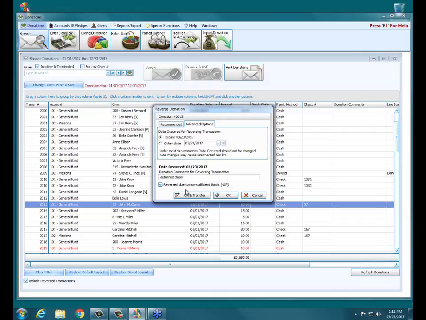In this situation, we do recommend you not transfer this over to the accounting module because you'll probably want to make the adjustments over in accounting. Oftentimes there is a fee, or pardon me, a penalty that goes along with an NSF check. There are things that need to be done over in accounting that may need to adjust for that that aren't a pure transfer from donations over to accounting. So for that reason, generally speaking, you're just not going to transfer that over to accounting. So when you click OK,